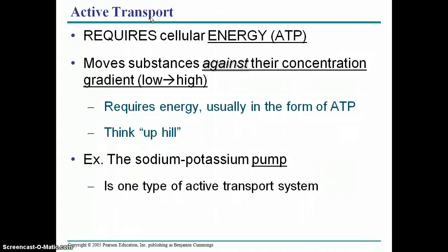So examples are, especially for plants, let's say there are nutrients in the soil, but the soil doesn't have a lot. The soil might have a low concentration, but the plant still wants as many nutrients as it can get from the soil, so it's going to use energy to get all of those nutrients out of the soil if it can. Okay, another example is the sodium-potassium pump, which is in your nervous system, which we're going to look at